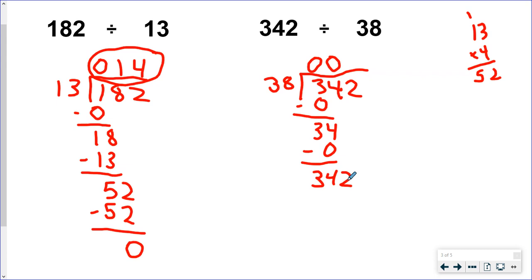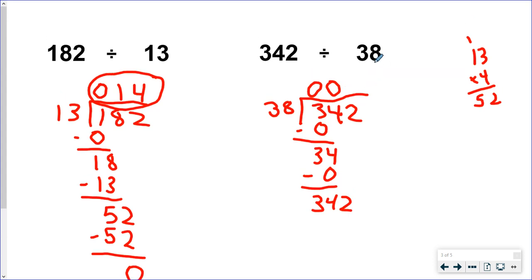And this is a lot of times where students will start panicking. I don't know, Mr. Johnson, it's a really big number. Well, let me help you out a little bit with this particular problem. You will only put a single digit in here at a time, okay? The numbers you could put up here are anywhere from 0 through 9. You are never going to put a 10 in here. You will never put a double digit in here. It's going to be a single digit every single time. So that means, fifth graders, that the biggest number you can put in here